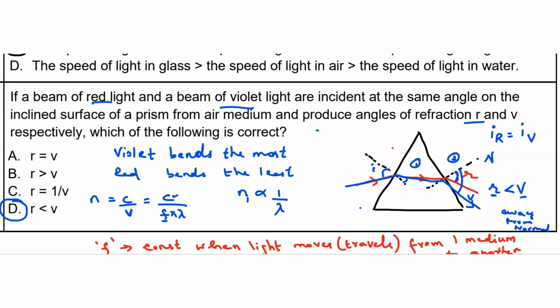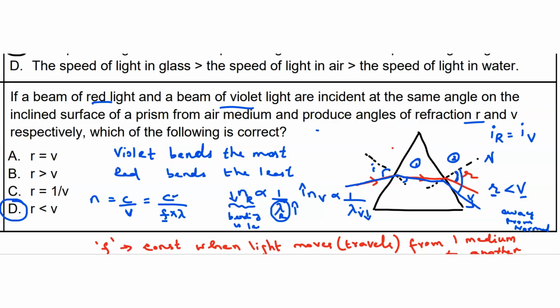So let us name them for the red color as well as the violet color. So n_R is proportional to 1 by lambda_R, and n_V is proportional to 1 by lambda_V. So which has the greater wavelength? This has the greater wavelength. So its refractive index will be smaller, whereas for violet color, its refractive index will be more, and this will be less. Since they are oppositely related, their bending also is going to differ. Which has the greater refractive index? For the red color, the index of refraction is smaller, so bending will be least here.